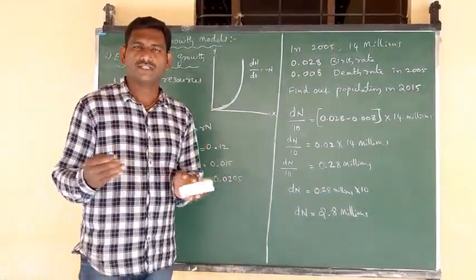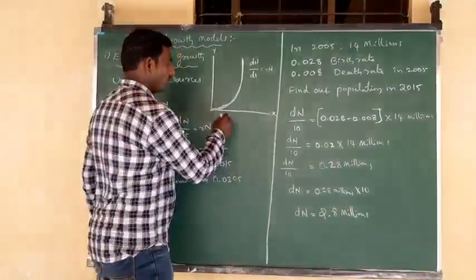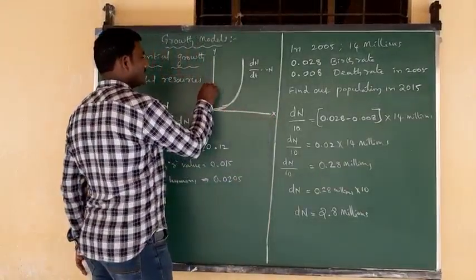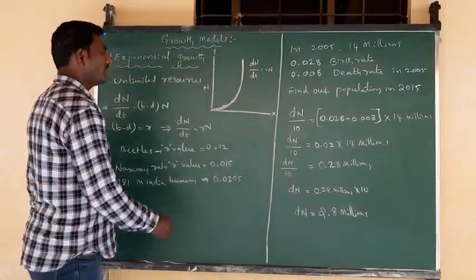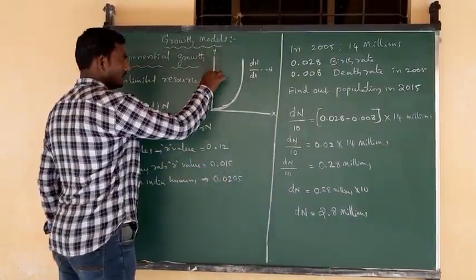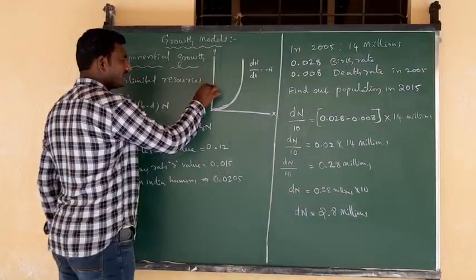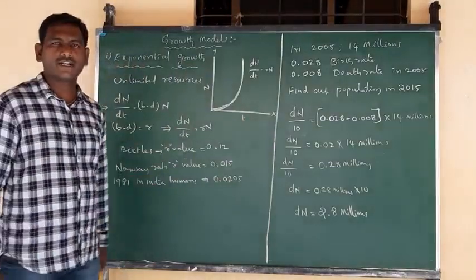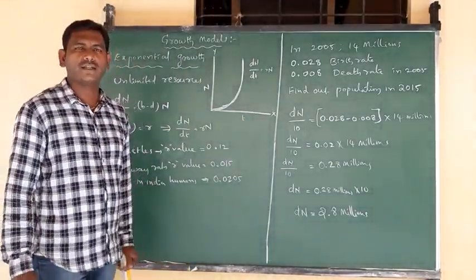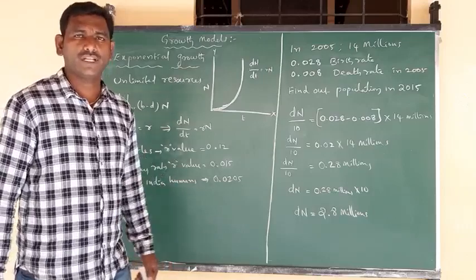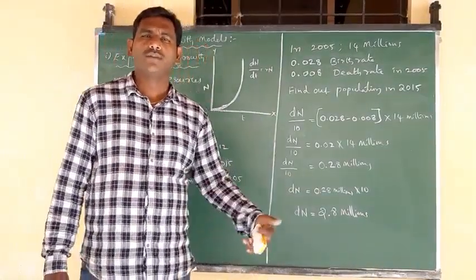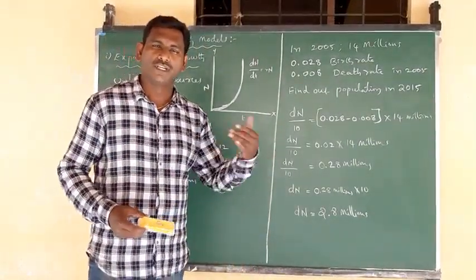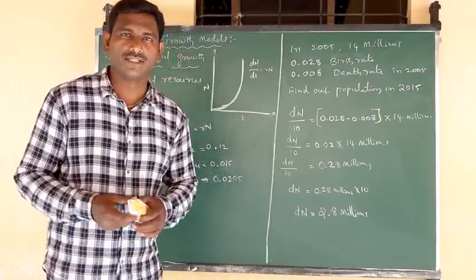If the population size is linked with time, for example, we take time on the x-axis and the population size, that is the density, on the y-axis. When we plot the population density with time, two types of growth models are formed: the first is exponential growth and the second is logistic growth. Some populations exhibit exponential growth models, while the majority of organisms exhibit logistic growth models.